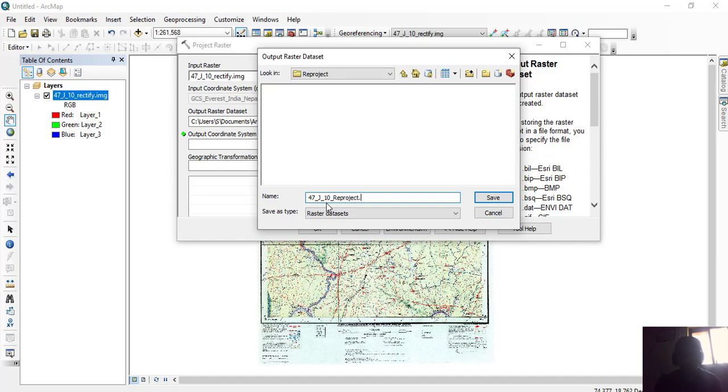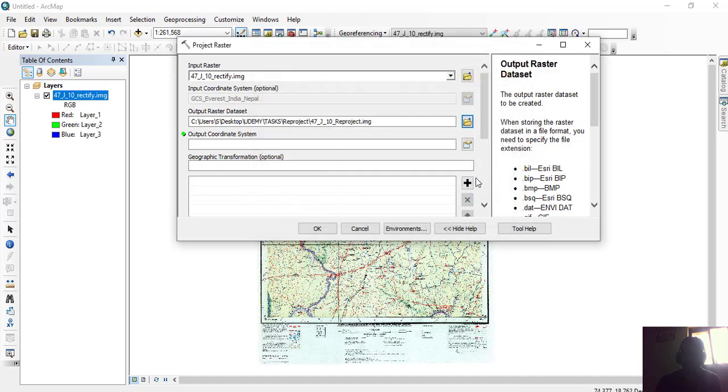So this process is also termed as reproject, and after giving the name type .img or whichever format you want. Like if you want to give TIFF, you can write .tif. So in this case I have written .img. This is one of the raster formats.